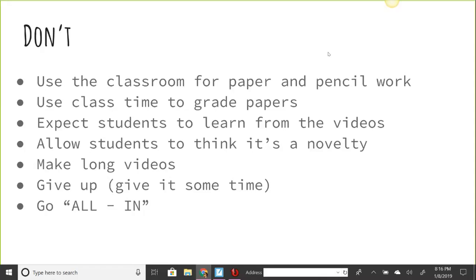I also check notes. So teenagers can be sneaky, as we know. I did run into an issue where some of my students were pressing play and walking away, and their notes weren't taken. So while they're taking that 1-question quiz, I go around and check their notes. I do this for the first couple of weeks, and then I start to spot check, so they don't expect it every day, and it does keep them on their toes.